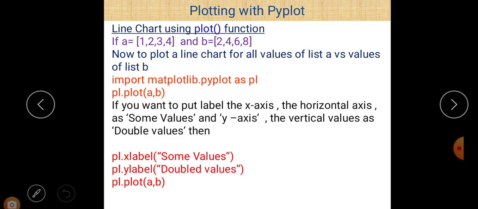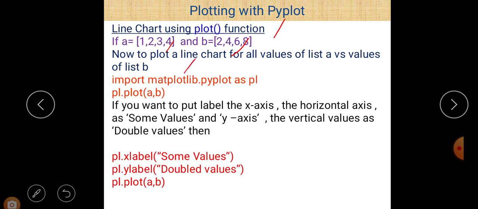Next, line chart using the plot function. If you want to plot a line chart, there is a function named plot. Now there is a list A which contains four data elements, 1 2 3 4, and a list B which contains four data elements, 2 4 6 8. To plot a line chart for the values of list A versus the values of list B, this is possible using the Matplotlib library.